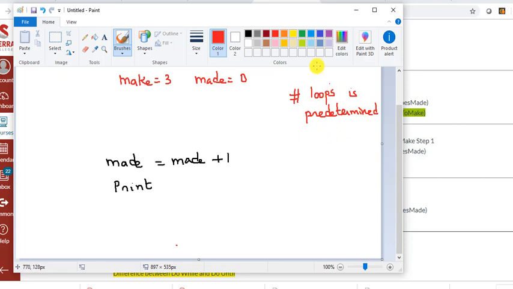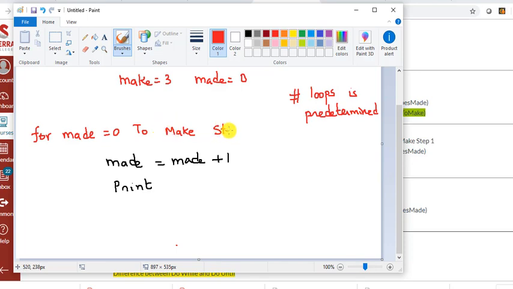So how it's done here is very simple syntax: for, i equal to 0, you start at 0, to some end value, that means you already tell how many iterations it has to go,